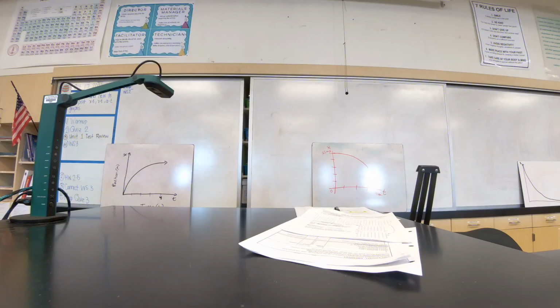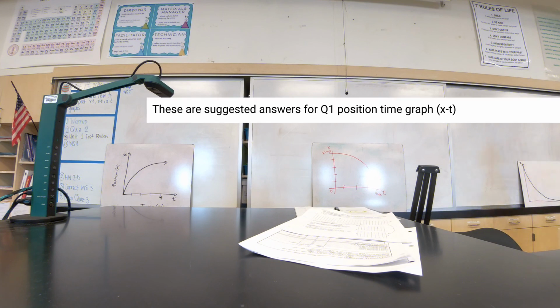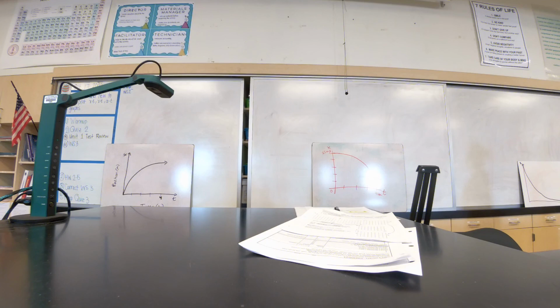But I want everyone to look at the different versions we have up here. We have a position time graph moving upward. We have a position time graph moving downward with a kind of outward sort of motion, and then a downward slope that comes down and out. So let's think about our scenario. Our scenario is a person who starts at 25 meters per second and slams on their brake. Of these three scenarios,